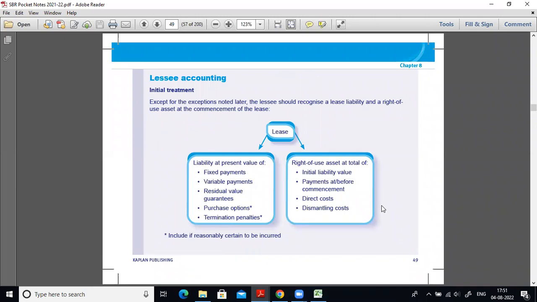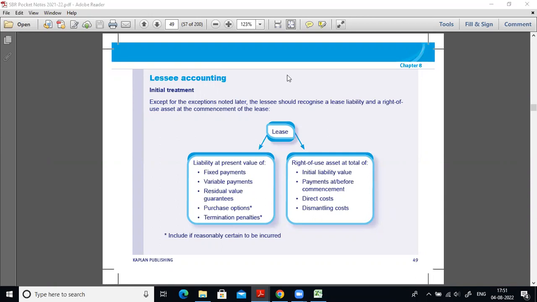regarding the lease. Now, what do you think? What kind of direct cost will be incurred? In case of a lease agreement, what direct costs in general will be incurred? I hope you understood my question. Yes, participants. Now, generally, the common kind of direct cost which we can include is whatever, yeah, I think I got an answer. Let me say this.